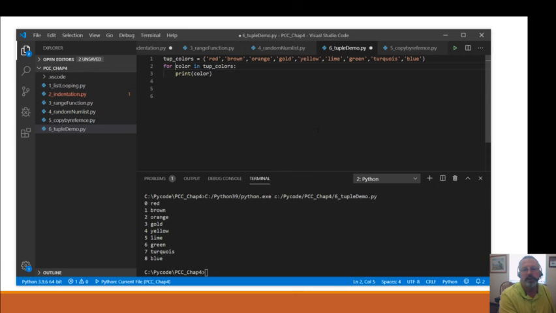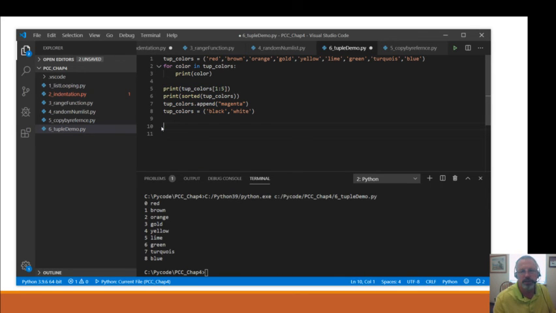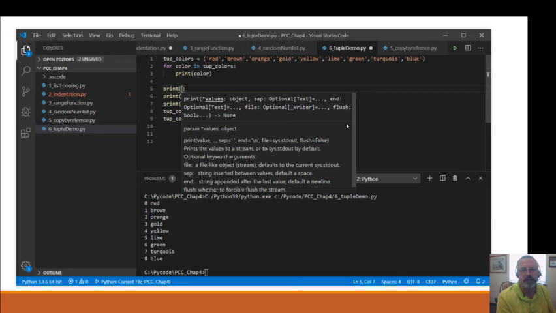Now, if we want to do slicing of colors, we can do that. Let's go ahead and look at this here. We can print a slice of the tuple, and again we're using the references. If we wanted to reference just one of the items, it'll be the same as if we were printing a slice, same as what we would do with the list.